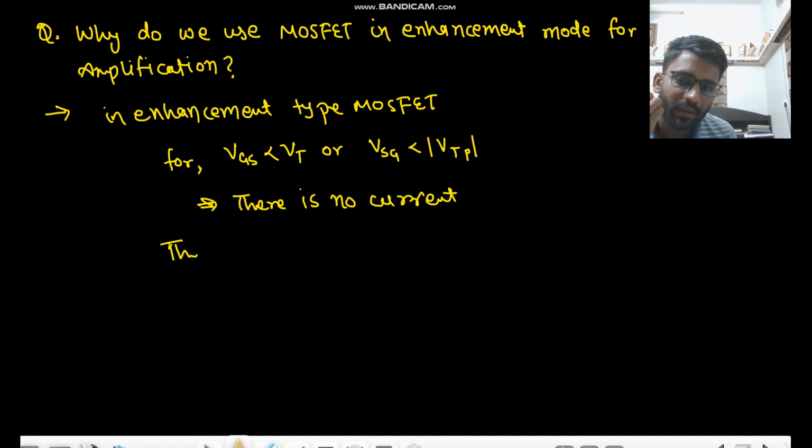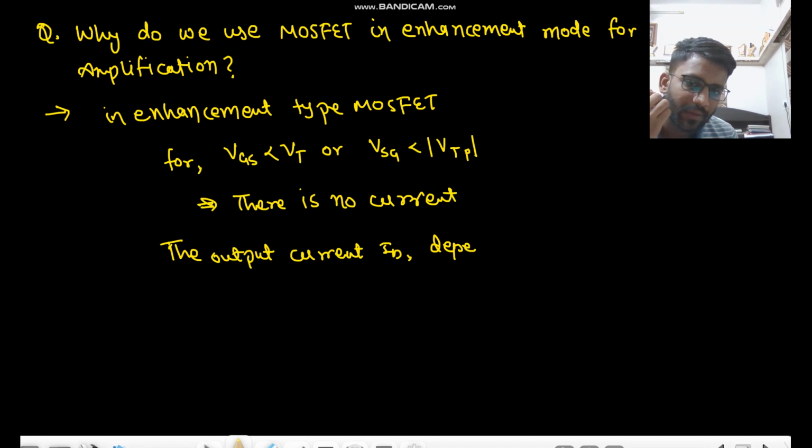The output current ID depends on the input voltage VGS,